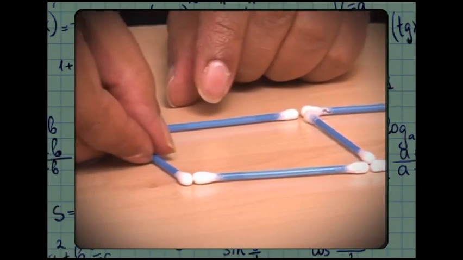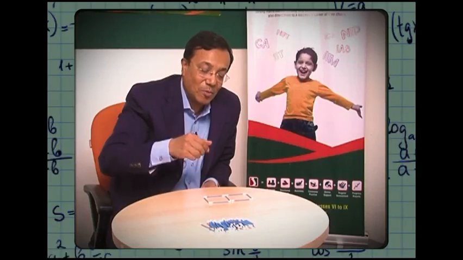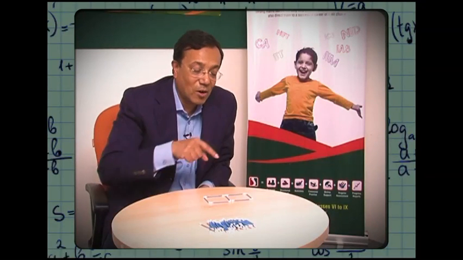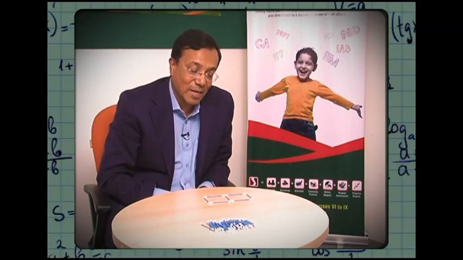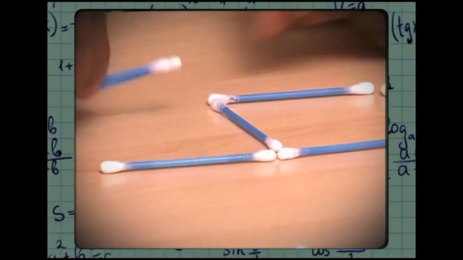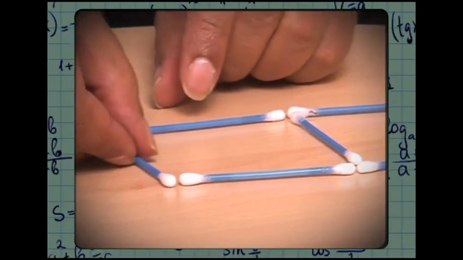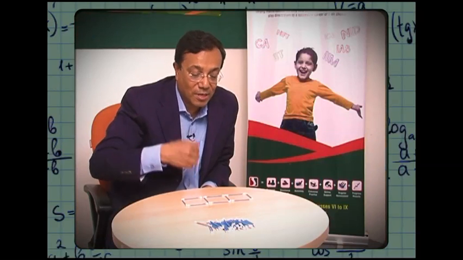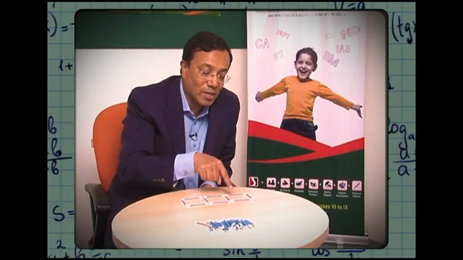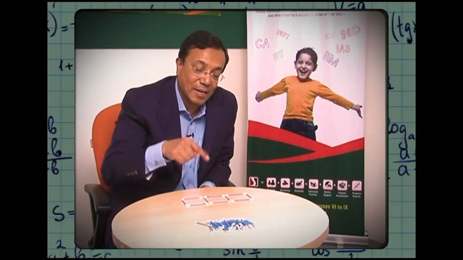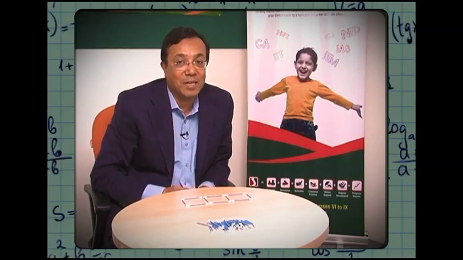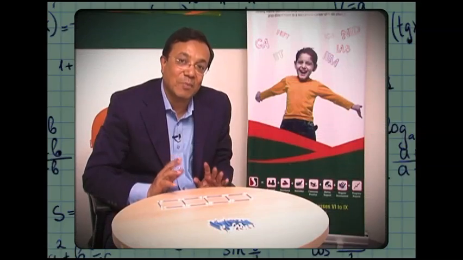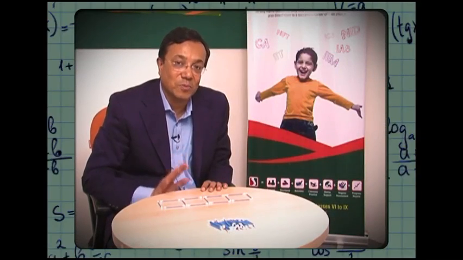And in this particular case, ask the child how many matchsticks. So you can count them: 1, 2, 3, 4, 5, 6, 7. There are 7 matchsticks. Now we need to add another 3 and ask them once again, how many rooms? 3 rooms. How many matchsticks? 1, 2, 3, 4, 5, 6, 7, 8, 9, 10. At this point in time, you can even ask them maybe another room. So now we have 13 matchsticks forming 4 rooms.